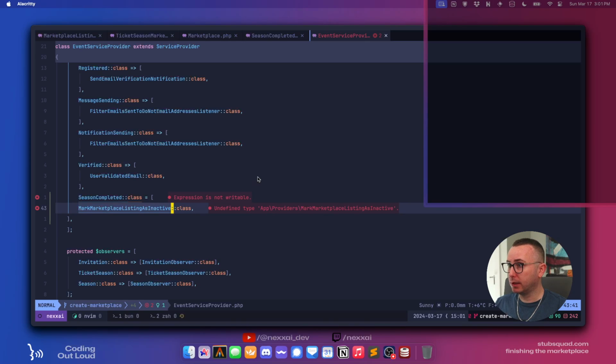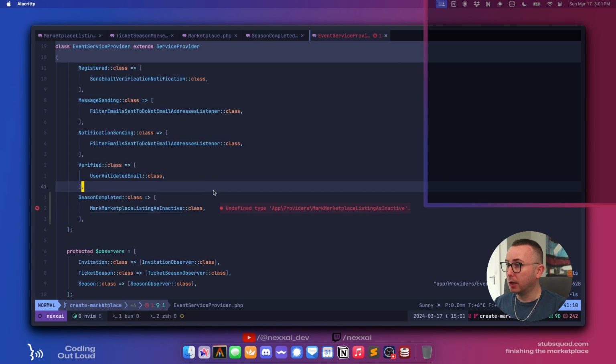Yeah, that's fine. Why is that saying expression is not writable? I've never seen that before. Oh, there we go. Okay, so mark marketplace listing as inactive.